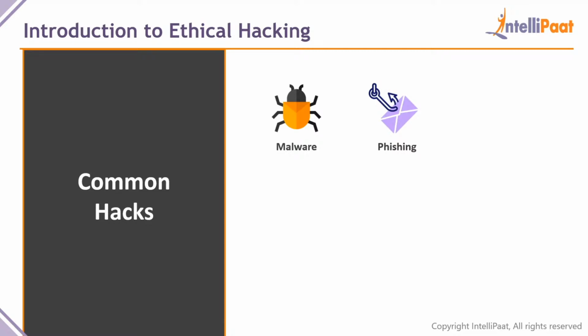The target will enter their credentials on facebook.xyz, and you'll basically get access to their email account and their password in plain text format. And then you can later use that to log into their Facebook account. Although this is very much preventable with two-factor authentication, which means whenever you try to log in from a different device, an OTP will be sent to your mobile phone, and you have to enter that OTP